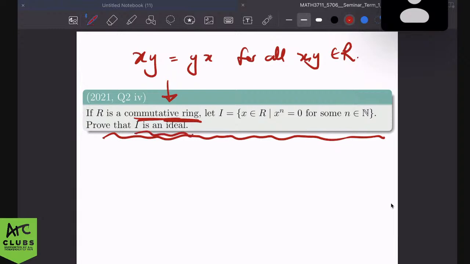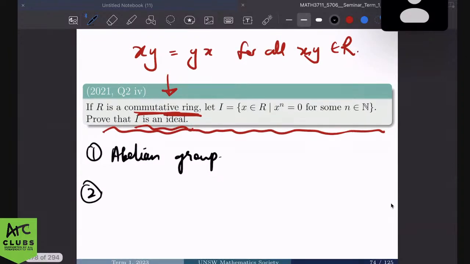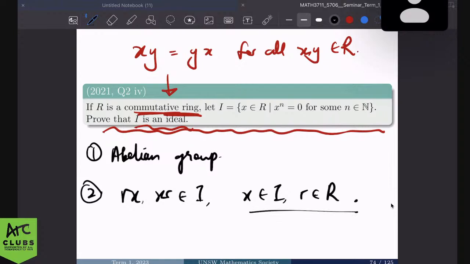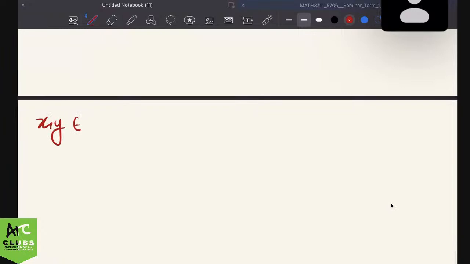Okay, and remember, to prove something's an ideal, there are two parts. Number one, you have to show it's an abelian group. And number two, you need to show that it also satisfies the property where Rx and xR are in the ideal if x is in I and R is in R. Okay, so abelian group first, we need to show that if x and y are in the ideal,